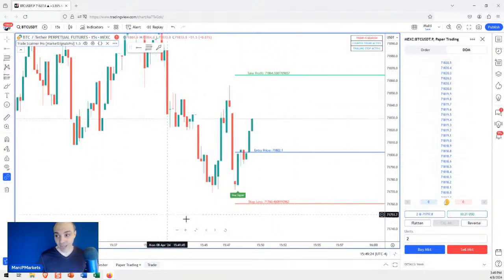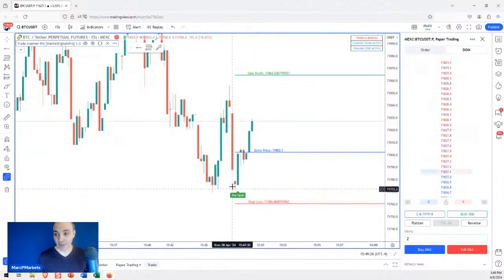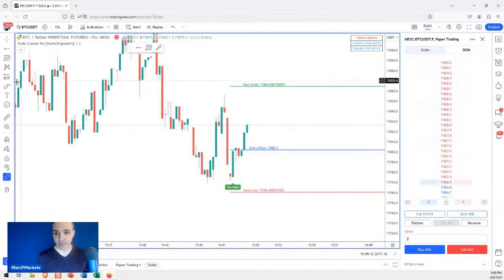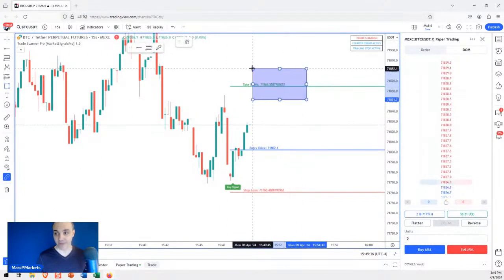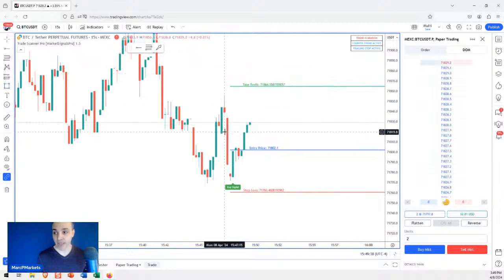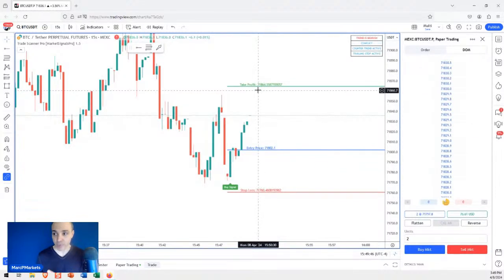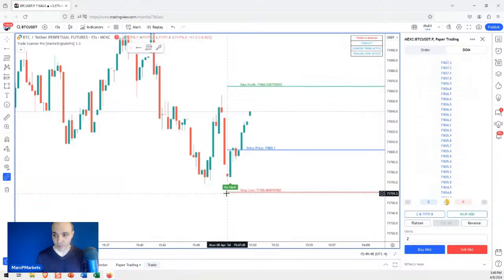The trailing stop shows you how to manage the trade, or basically if you have a runner, the trailing stop will keep you in the trade. So for example, if this trade happens to go above the take profit, and I don't want to sell it all, because I have 2 lots, I can choose to sell one there. Because again, you have to place the orders. These are suggested orders. You have to place the orders.